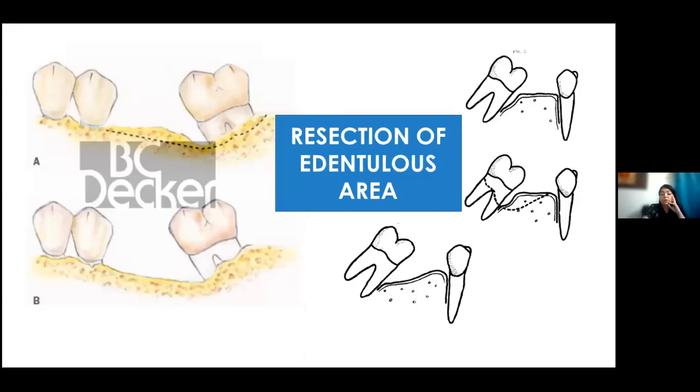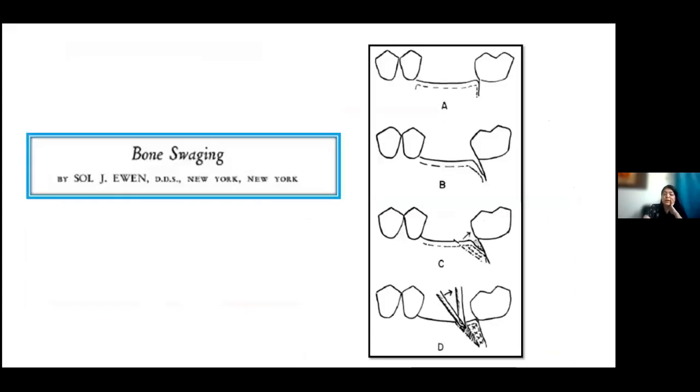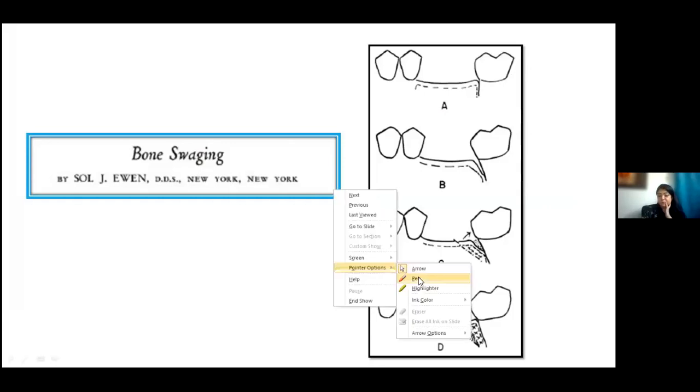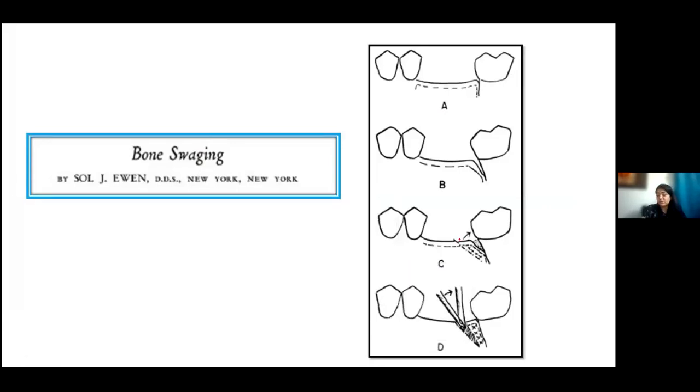Okay, now how do you do osseous resection in edentulous areas? We do something known as bone swaging. You can just see the picture here. We wedge one piece of bone. There's a defect here, after we've opened, and now we want to put bone. What we do, we put a cut here, wedge this part, and once this detaches, we push it here. And now we close the flap back. So this is known as bone swaging.